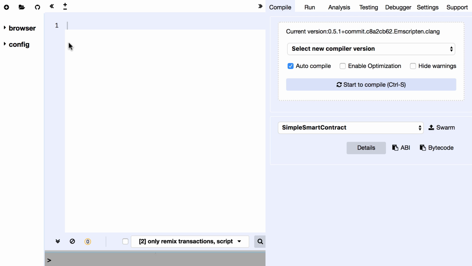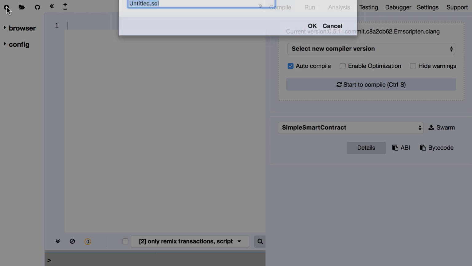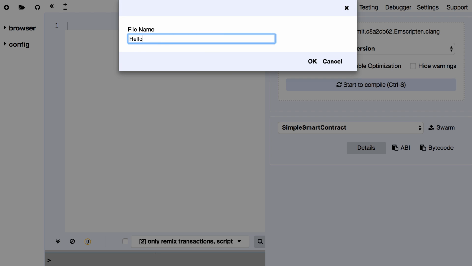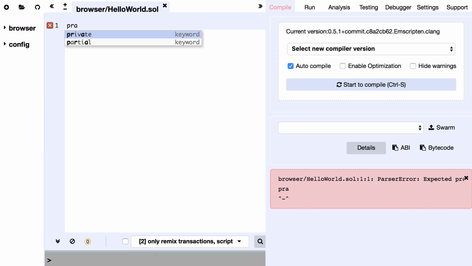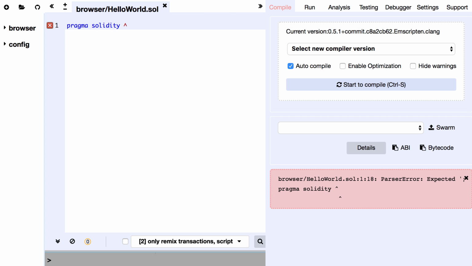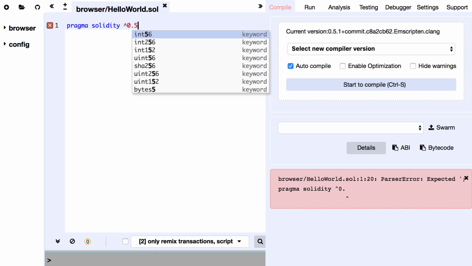The first thing we will do is create a new file for our smart contract, and we call this Hello World. Remember from the last episode that the extension for a smart contract is .sol. And you might also remember that the first thing we need to do is specify the version of Solidity that we want to use. For this, we use the pragma syntax. So pragma space solidity, then we use the caret character, and then we're going to use the version